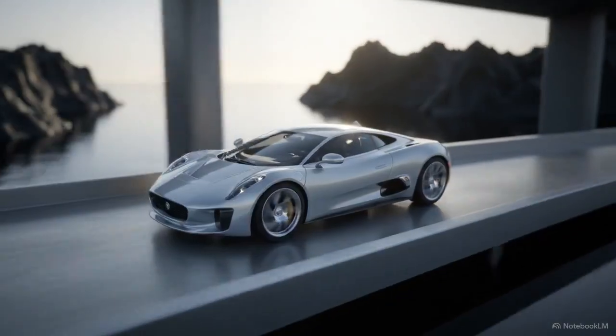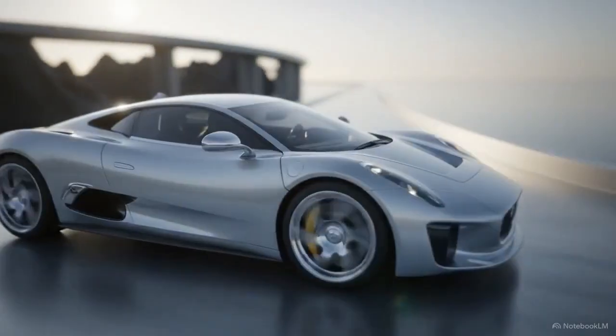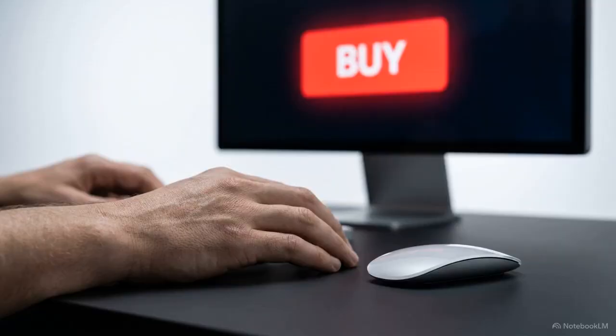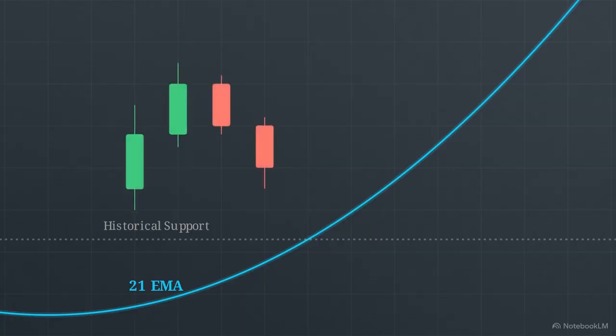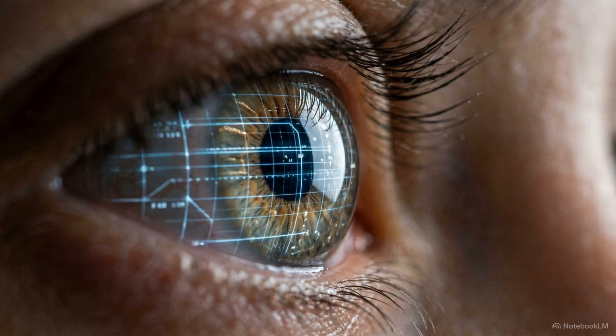Use the EMA to confirm the road is safe, and use that RSI 50 bounce to time the exact moment to hit the accelerator. This removes the emotional guesswork. You are no longer reacting to a single flashing indicator. You are executing a calculated plan based on physics and probability. Mastering these rapid timeframes requires reading every instrument on your dashboard together as one complete connected picture. Check your settings, calibrate your EMA periods for the specific currency,